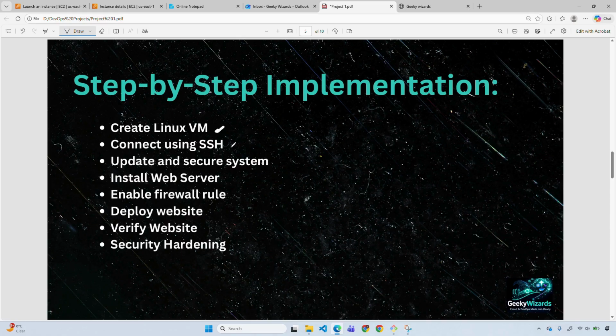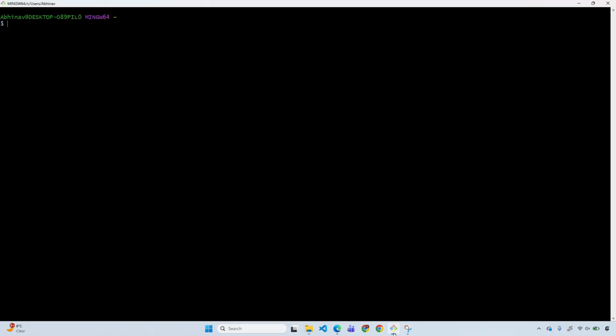Now we will be connecting to it using SSH. So for that we will be going to Git Bash. Right, so first of all we will go to the directory where we have downloaded our PEM file. So for that, cd, I have downloaded it in the Downloads folder. So current directory, then Downloads. In the Downloads folder we will be writing the command ssh